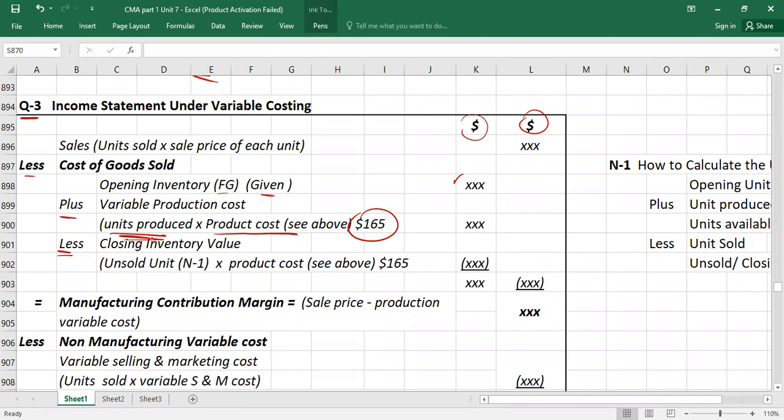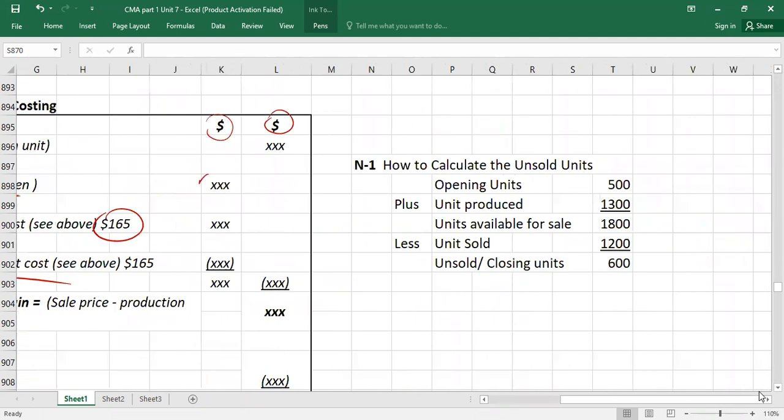Here, then we will deduct what? Closing inventory value. How will you get closing inventory value? You will take which units first? Unsold units, and then you will multiply with the product cost again. And the product cost includes which three costs? Direct material, direct labor, and variable overhead. But the point is how you will get unsold units. So this equation you can use if unsold units are not given. If it is not given, how? You will take opening units, the units which you have at the start of the period, plus units produced. This is what is called units available for